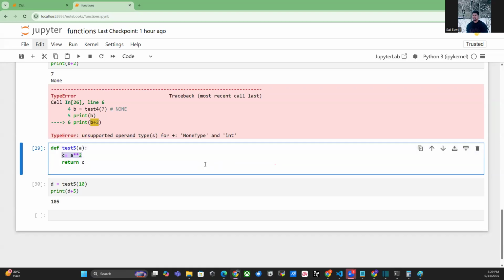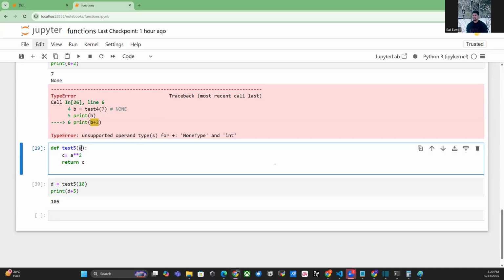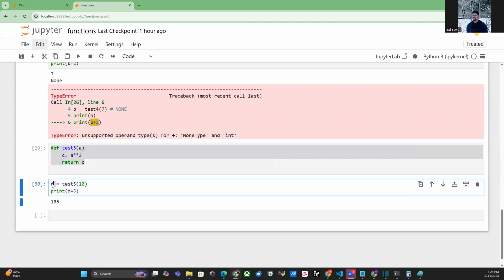What is the value of a when you call this function? 10. So that means your 10 is copied to a, right? Now 10 square, correct? 10 square is how much? 100. Now your C value is 100. You are returning that C. Wherever you are calling, it will return here,